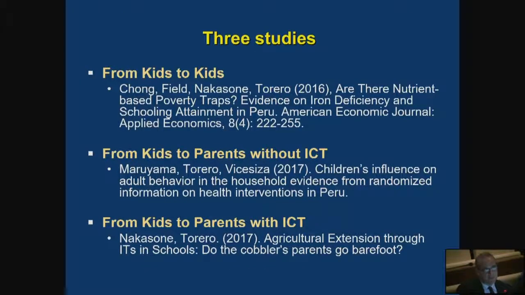So I just want to briefly present 3 studies. One where we show how we can avoid this by going kids to kids, basically transferring information to kids directly and seeing if they make choices about that information. That was in a school in the northern part of Cajamarca, where there was no internet at all. We brought internet to them, and it was amazing the velocity at which they learned to use the computers. Then we gave them some information through the internet and saw if they really adopted that information. Why? Because these were kids with a nutrition problem. They had to walk 3 hours to school because they lived very far away.